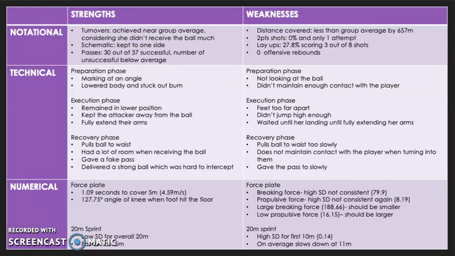In the force plate data, the strength identified was that it took her 1.09 seconds to cover the 5 metres. This is quite quick considering the ecological validity of having to run inside a small room. A second strength identified was the angle at the knee as she struck the ground. This is a good angle because it shows she wasn't striking the floor at an overextended angle, which would have caused an impact-related injury.